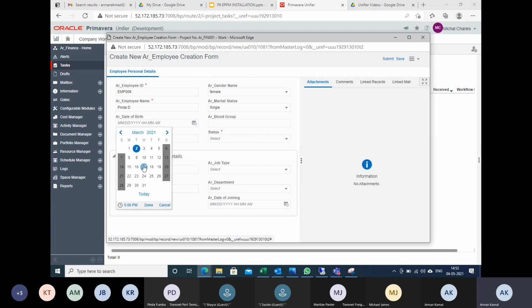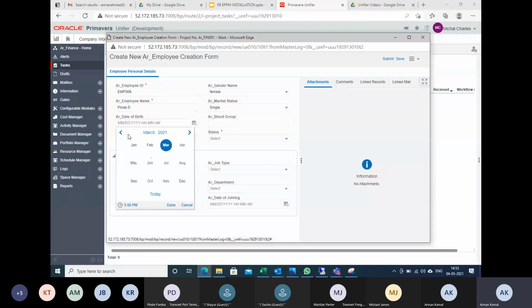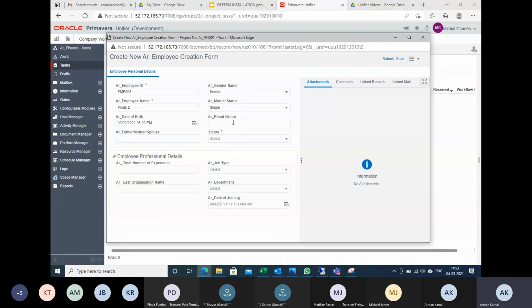I am just going to select the date of birth, with unrealistic values. Okay, B positive. I will put something like Christopher.